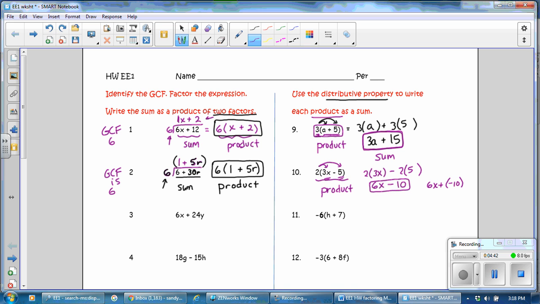The product is in the form of a times the quantity b plus c, and the sum is in the form of ab plus ac. Okay, let's go down to number